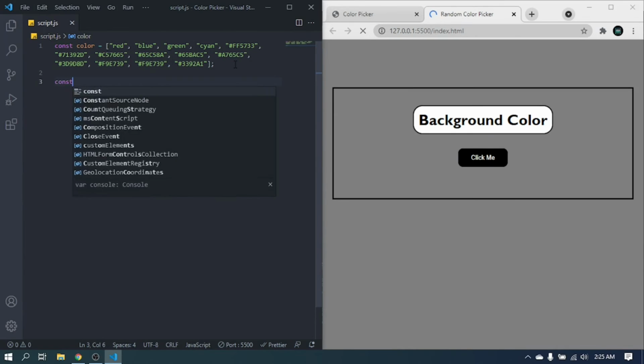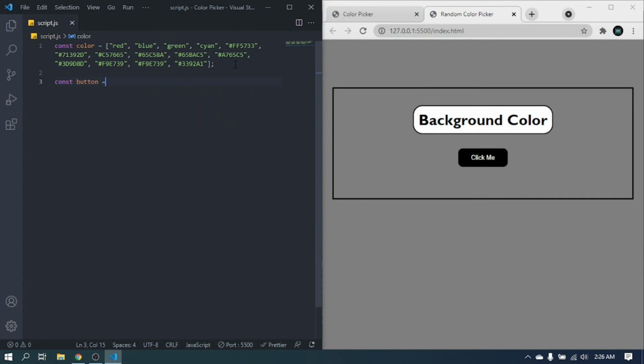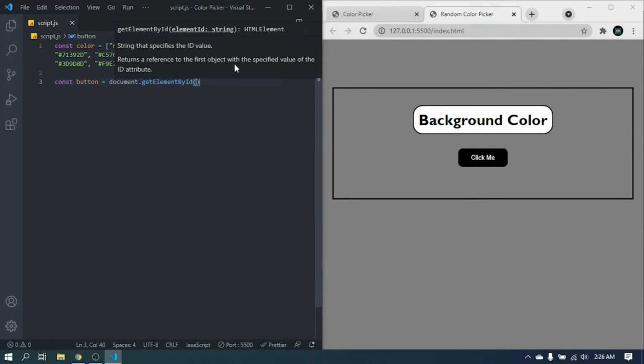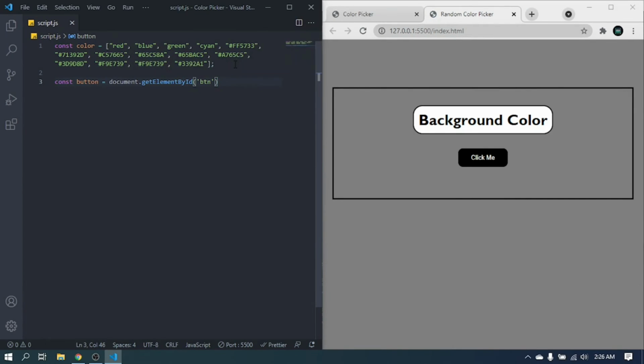button in a variable. So I will get the button as document dot get element by id, and the button id is btn. So I'll add the id name here. So that's all. Now we will create some functions,